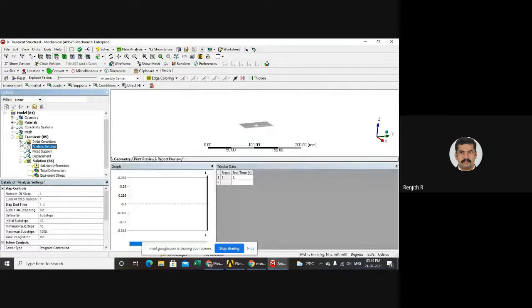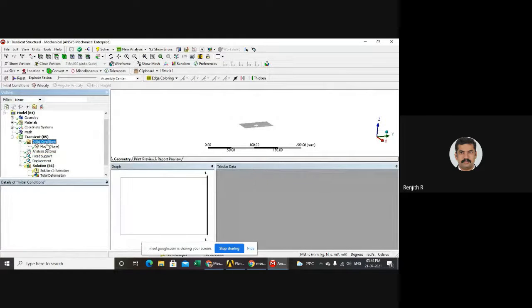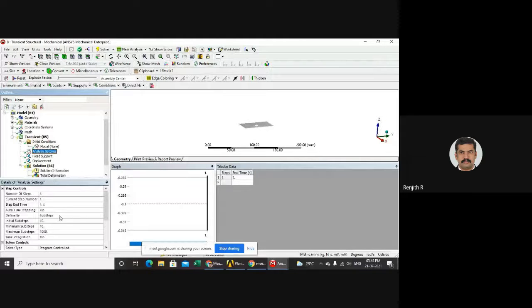Okay, so if you open that, you can see the difference in initial conditions. You can see two differences. The first one, initial condition, there you can specify the velocity, because this is not an impact type problem. You don't have to specify any velocity. The second one, if you go to analysis settings and change the time, you can see the time steps and how they are changing. And if I change this to some other value, obviously there will be a difference in the deformation and the resulting stresses.